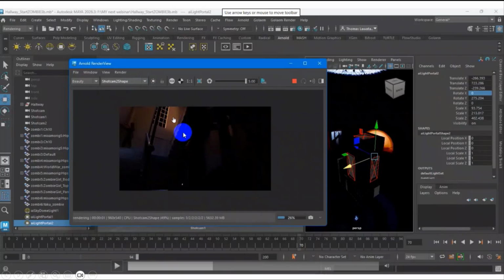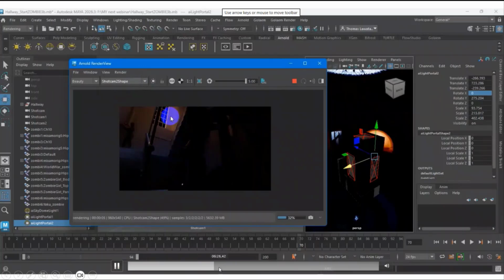And number two, of course, the noise. Again, when you see my screen right now, maybe the question is where is the noise? There is noise, but I'm using the AI denoiser. But once you have this portal light, it reduces the noise.